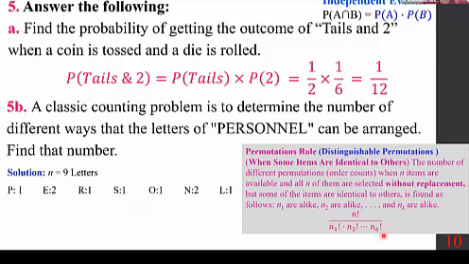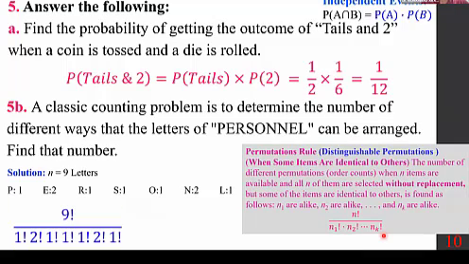Now, following this formula, we get this. Notice, since they are all 1 factorials, with the exception of E and N, basically you have 9 factorial divided by 2 factorial and 2 factorial. By the way, 2 factorial is 2, 2 times 2 is 4. You plug it into a calculator, you end up with